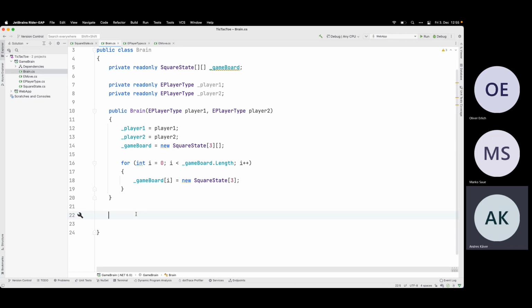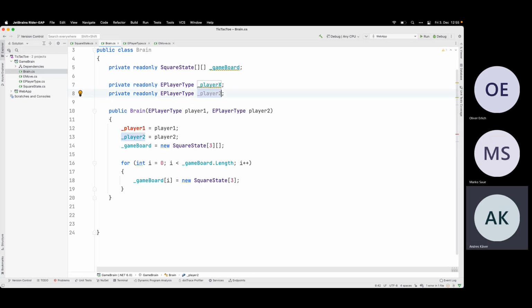So what else do I need? When I initialize the new game, let's take the simplest case. I have human against a human, and somebody needs to make a move and go somewhere. So let's say E player type 1. Somebody has to use the X's and somebody has to use the O's. I can rename it a little bit. Let's do it.